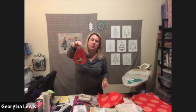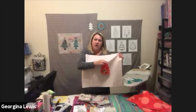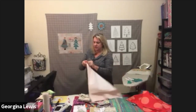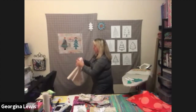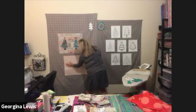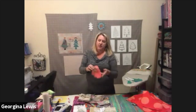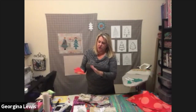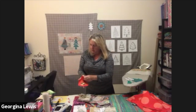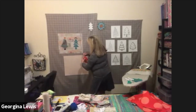All right, so that's going to go on the left side of my panel. And what's great about this grid is that it has the ruler effect, so I can line up two trees pretty easily with this type of backing. So let's take my panel backing and put it back up. And then I have not adhered this HotFix to it yet, so I wanted to take it off and show it to you. But then I can take this and we can press this on here. All right, so